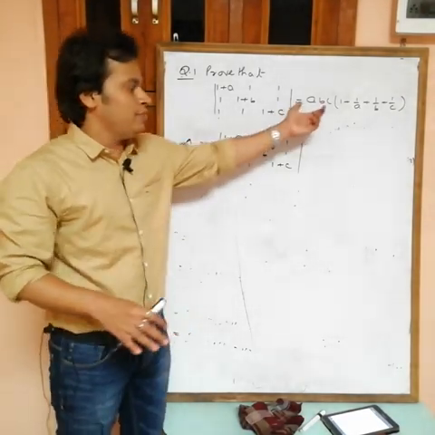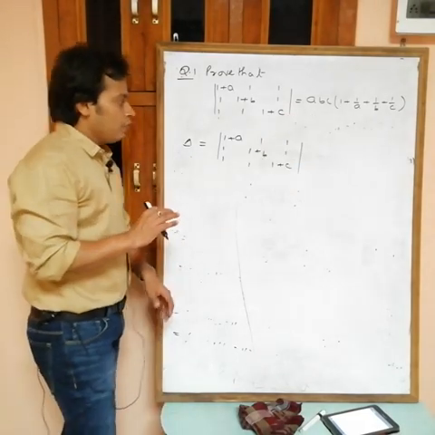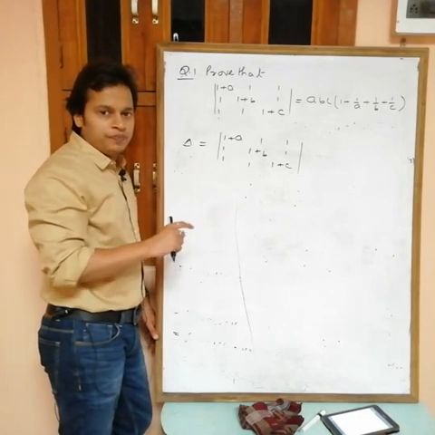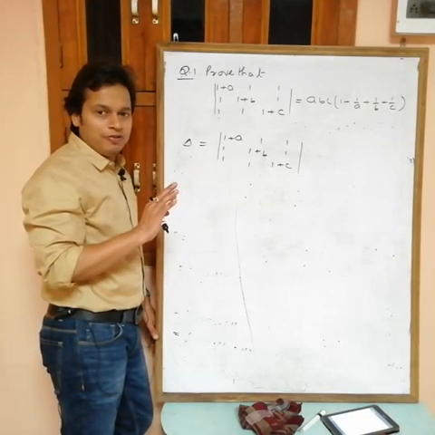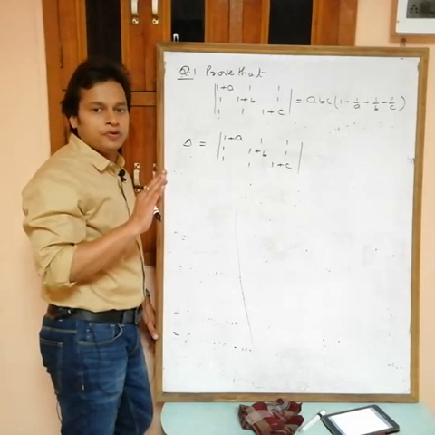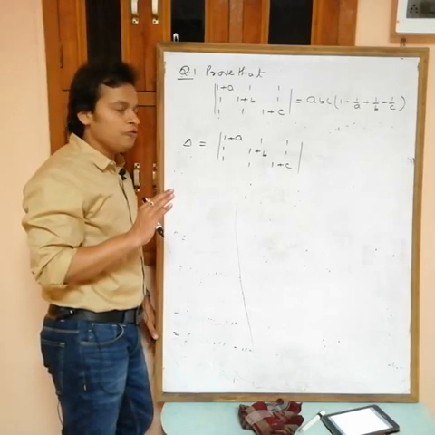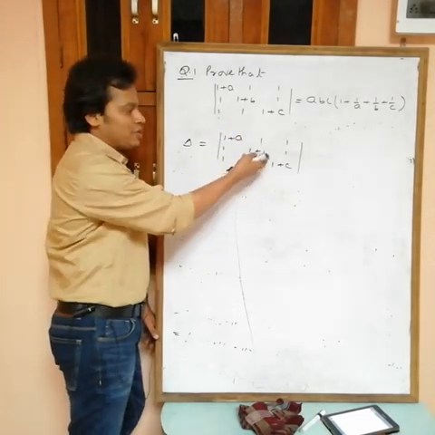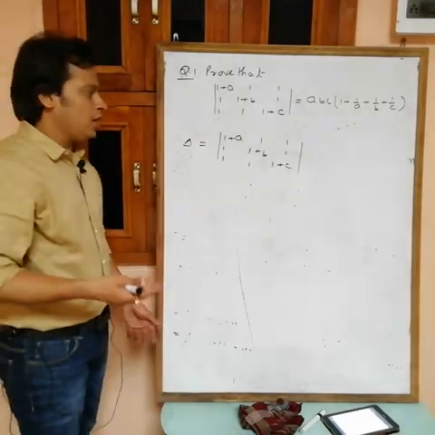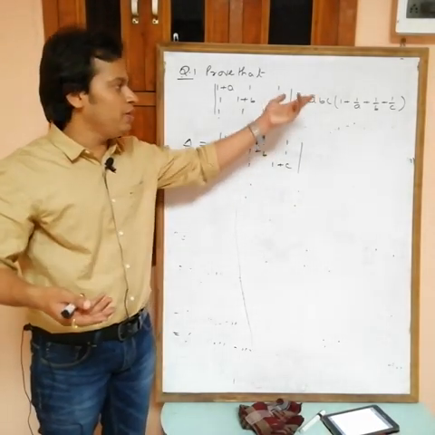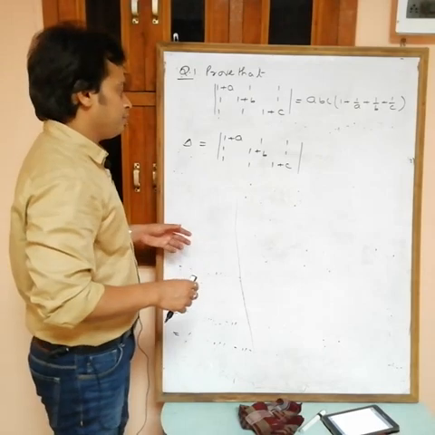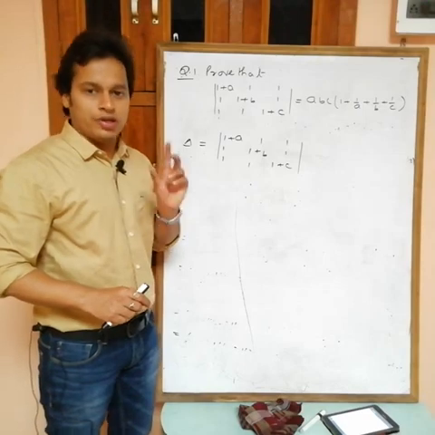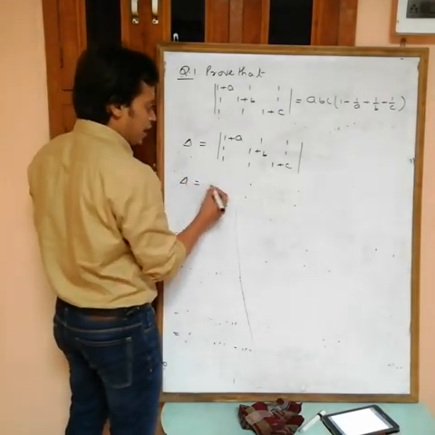Okay, and also you want abc. So I have to take common a. But one minute, now how can I select that? We have to take common a from R1 or C1. Actually from both we are getting the same type of value, na. So choose any one. Okay. Now choose, you want to take common a from R1 or from C1, but you can't take common a from C2, na, because in C2 we have b. So if you take common a, then what you will get? B by a. We don't want b by a, we want 1 by a, b. Okay, so from R1 or C1, choose anyone. Okay, R1. So I am taking common a from R1.